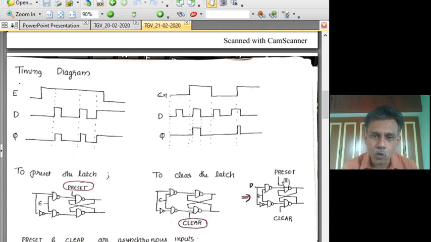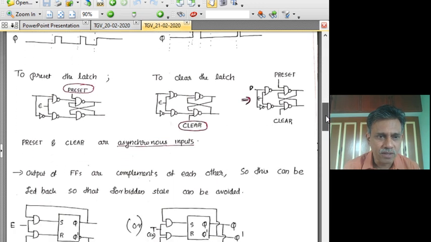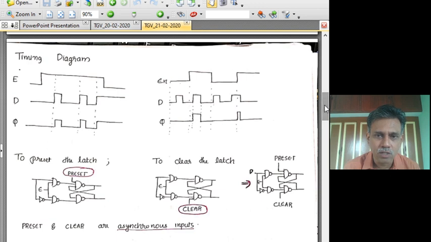So we have two extra signals, one is preset and the other is clear. Together we can put all these things together and construct this latch, a latch with an enable and preset bar and clear bar signals. It will act as a building block in a number of digital circuits.